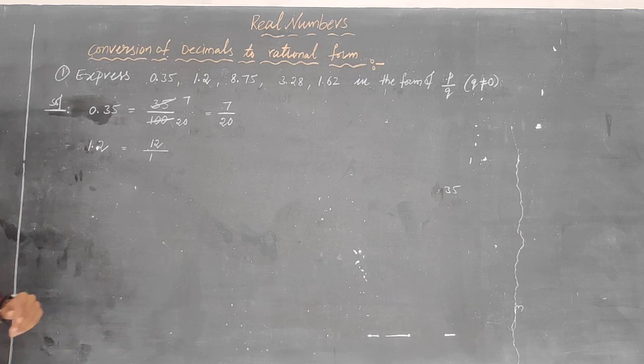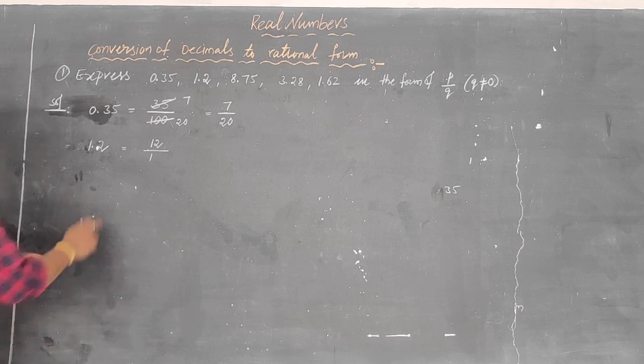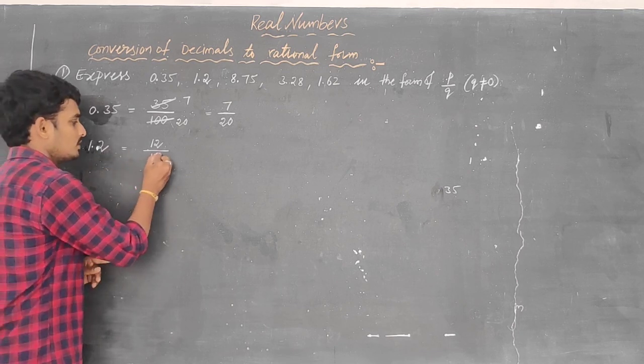How many places are there in the decimal part? The decimal part means the digits on the right side of the decimal point. The part on the right side of the decimal point is the decimal part; the part on the left side is the numerator part. So how many digits are there? Only 1. We just keep 3.